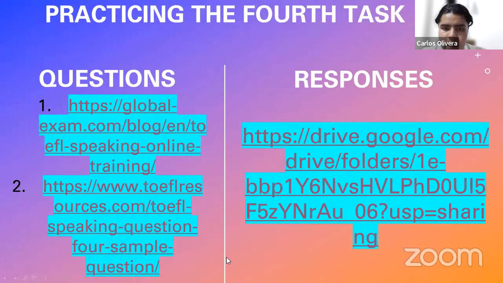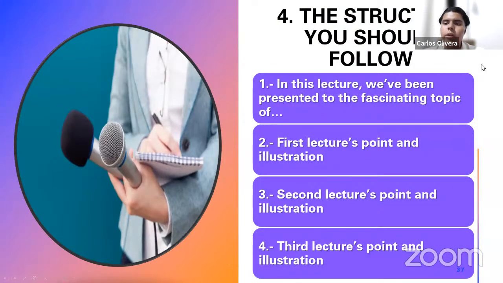So look at my screen. And so notice this. Here I have the template or the structure that you can utilize for summarizing your lecture, okay? If you notice, this is actually how I summarized it. I had some phrases that I always repeated in both of my responses, and you can practice this, take a picture of this slide or write it down in your notes. And thus you can apply it in your responses. And as I say, have everything organized before you take the exam.